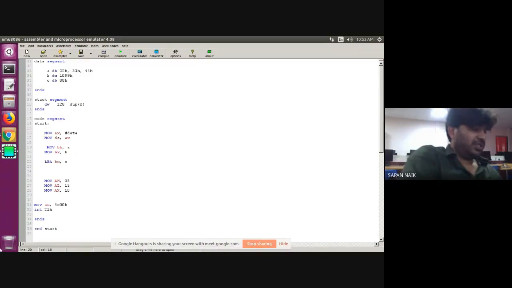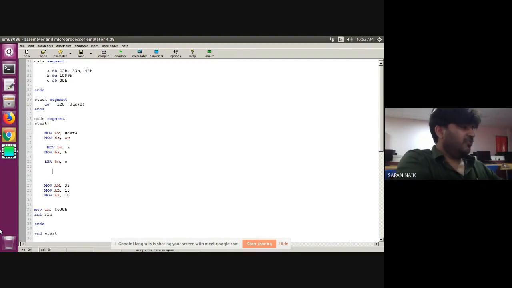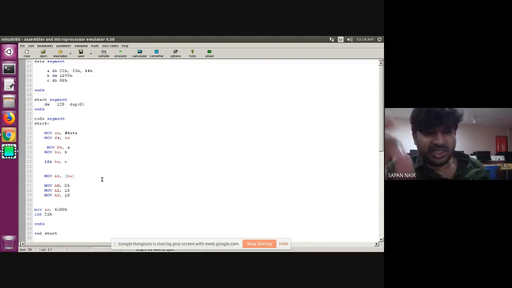Now, there is one concept that we also saw in our previous lecture. Suppose I write MOV AX, and I am transferring 16-bit data from a location like this. If I write something in square brackets, what does that mean?